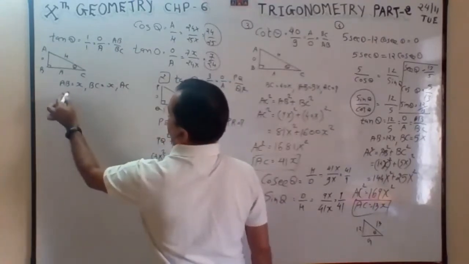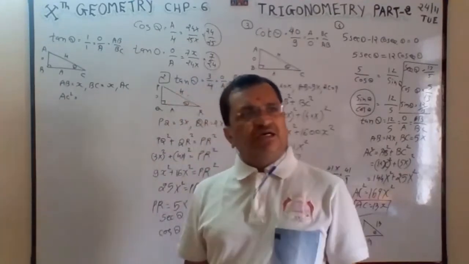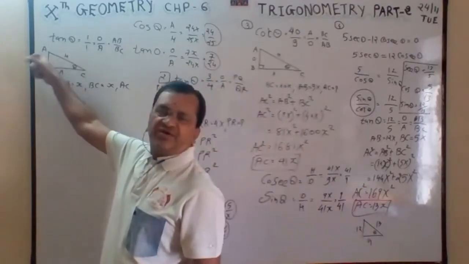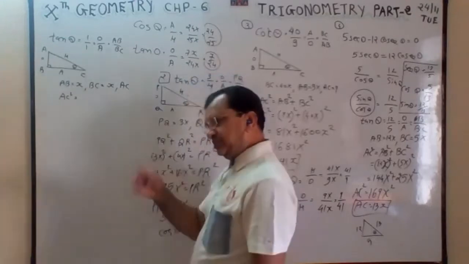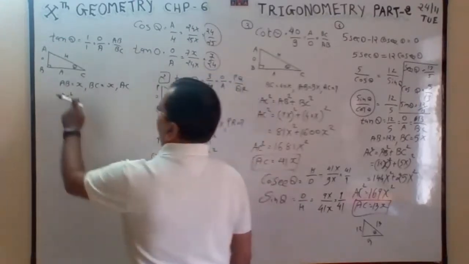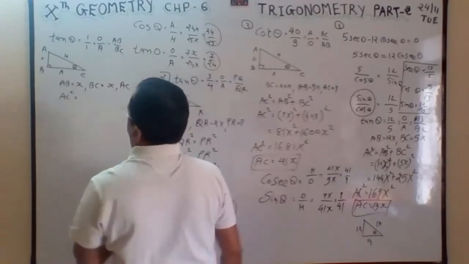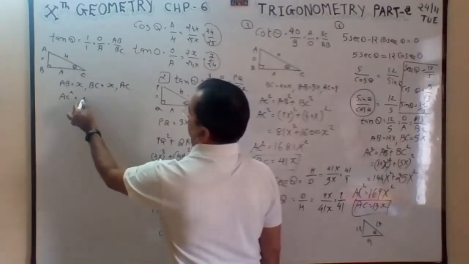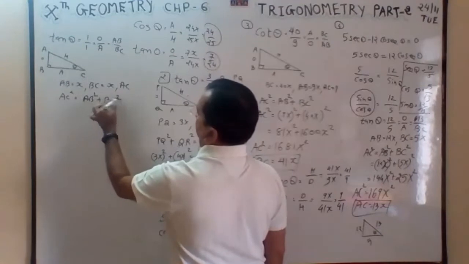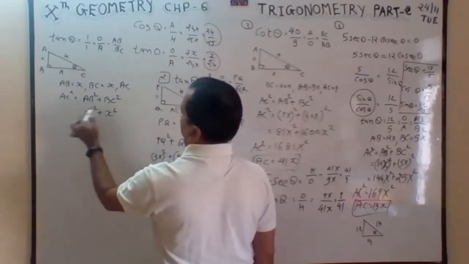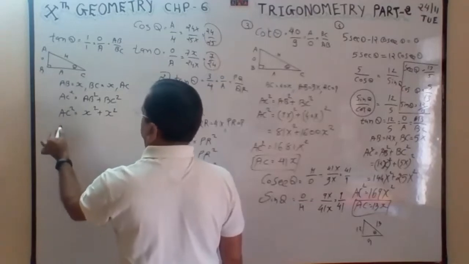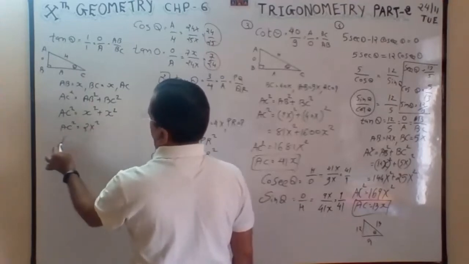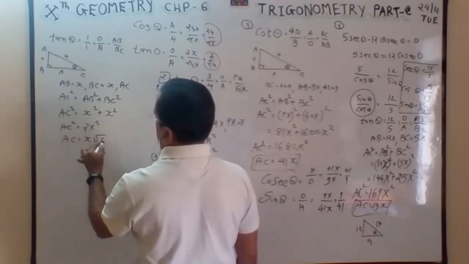So AC square. And tan theta is 1 means tan 45 is 1. So theta is 45. So if it is 45, this is 45. So 1, 1, root 2. Like that. So that is a big theory and you must know all those points, then only you will come to know which are the values related to 1. So this is AB square plus BC square, x square plus x square, AC square. So AC square is equal to 2x square, AC is x root 2.